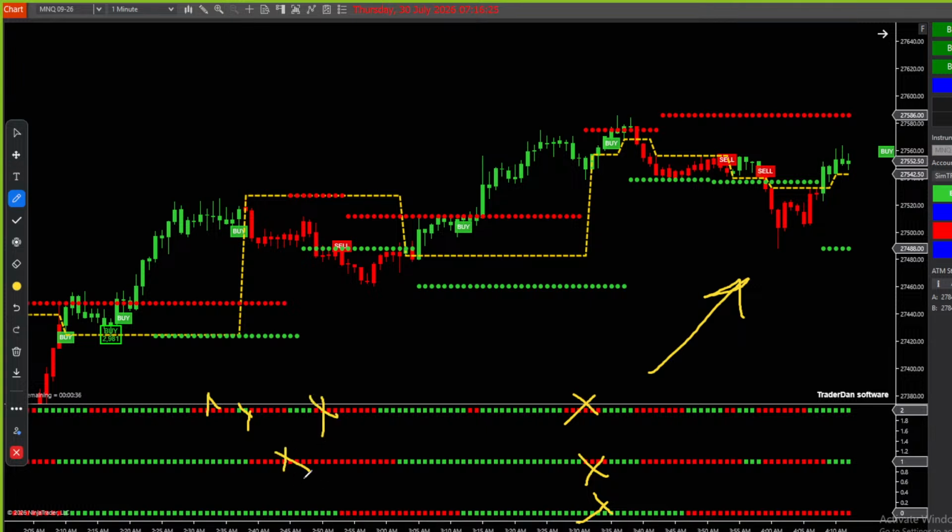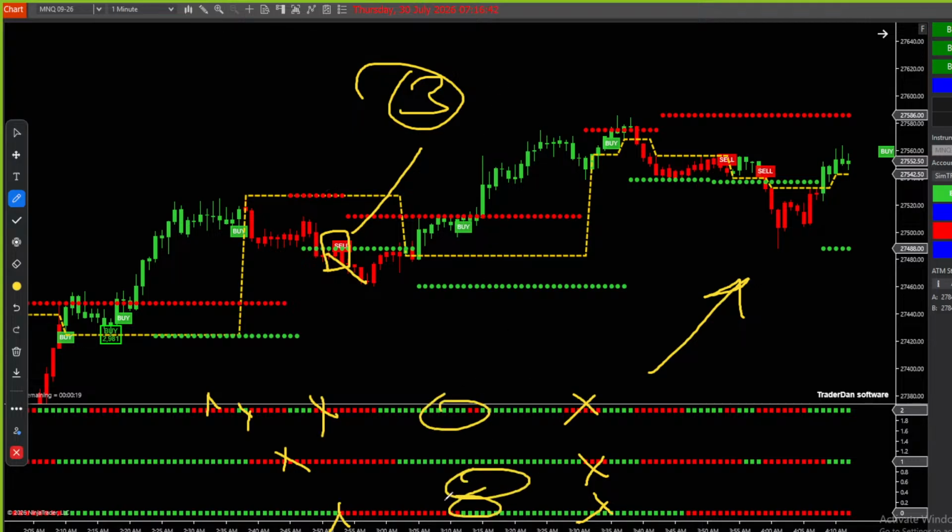You got red here, and then you got red here. You got a signal. The signals are going to tell you when you have three rows. Now, not every signal is going to be exact, so you're going to have to look down here and say, is that something I want to do or not do, right? This is an ABC swing